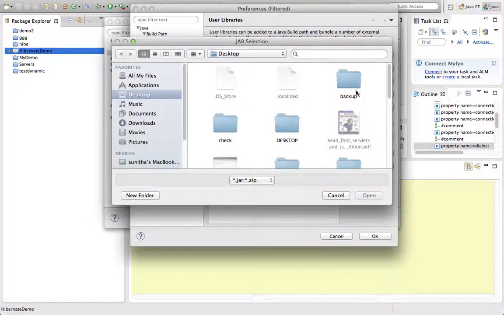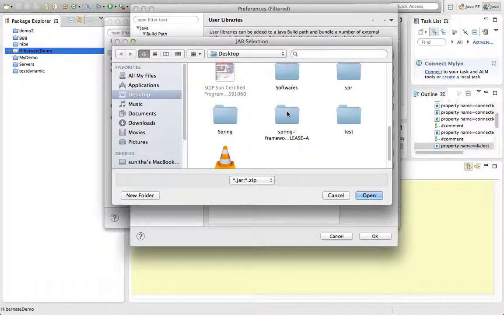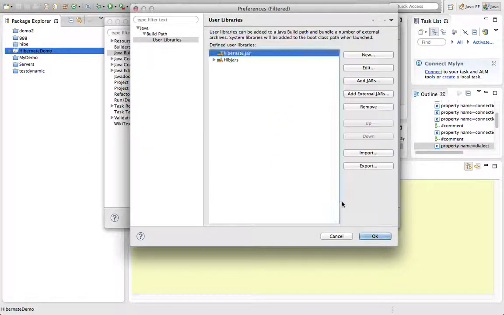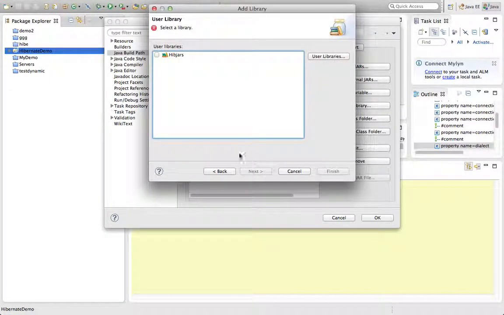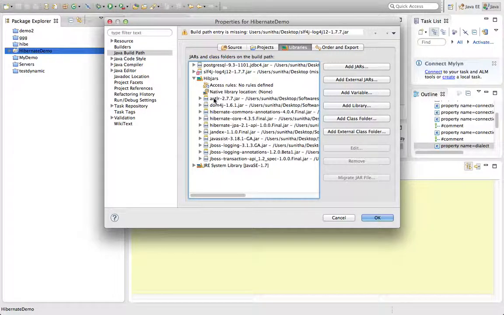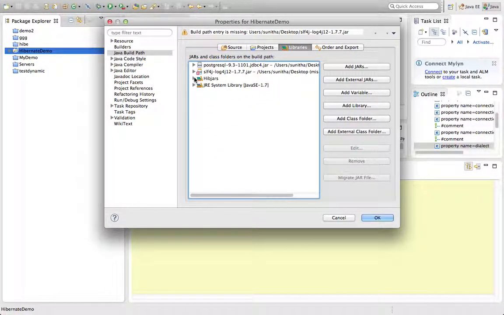Add external jars. Go to the location where you have downloaded and add all the jars. This is not required now, so I'm removing this. Cancel. See, these are the jar files in the Hibernate jar file. After that, we need to add one more jar that is related to the database.